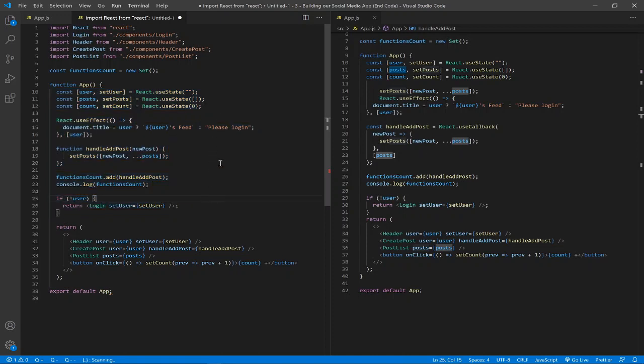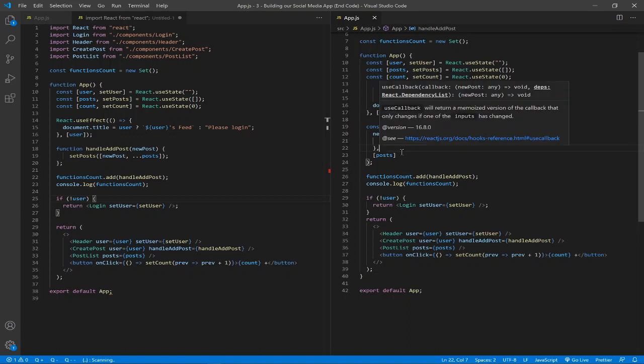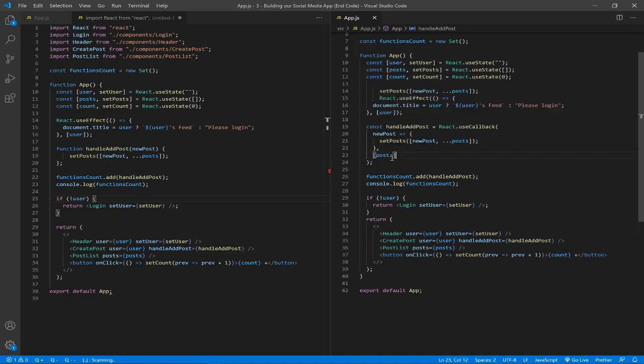So yeah, there was a solution that I realized can solve this problem, which is to introduce something called the useCallback hook. This is dedicated for this type of function. If you look at the syntax, it really tells you it will return a memoized version of the callback that only changes if one of the inputs has changed. Which means it doesn't care